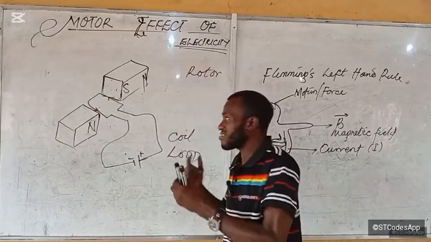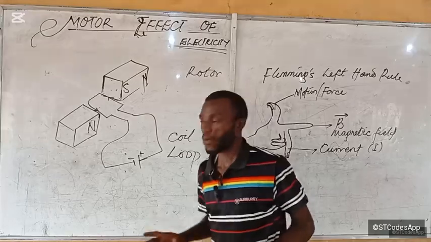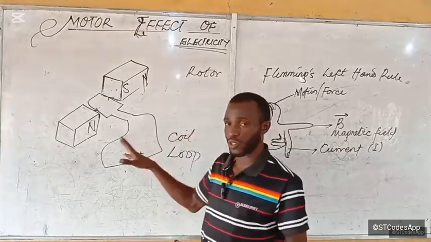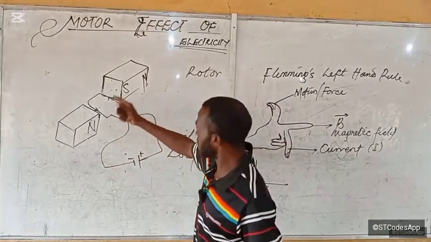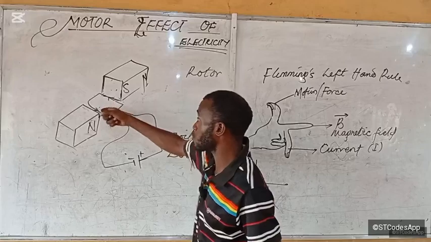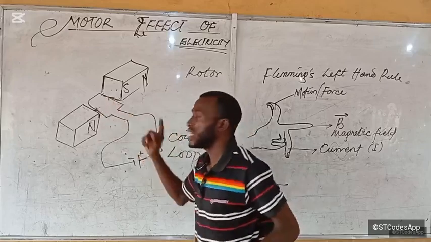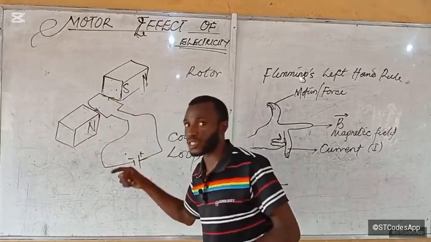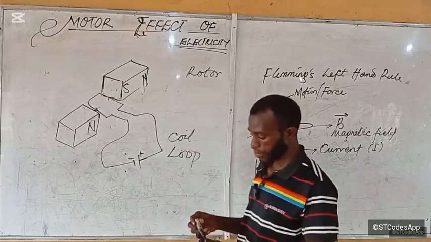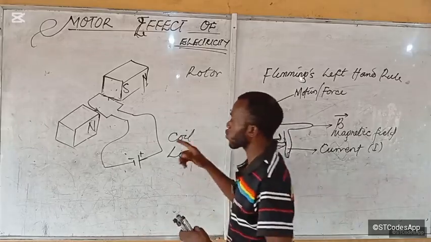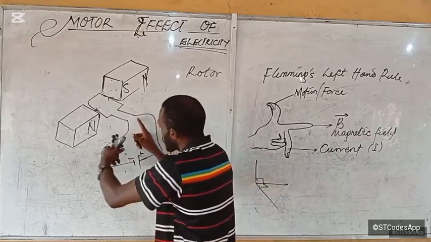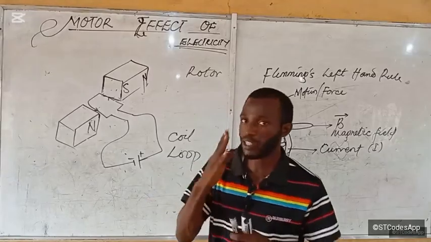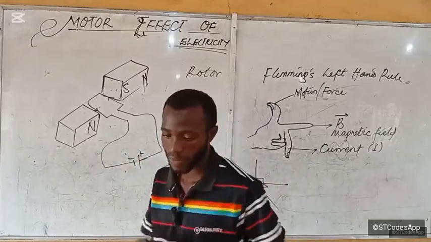But in a rotor, there are several coils of wire, and I'm going to bring that in. But first, let's talk about the advancements that were brought to this. You will notice that if this begins to rotate, if this coil of wire begins to rotate, what will happen? You are going to notice that this wire will tangle up. Is that okay? It's going to tangle up. So what they do is this. Then they recreate the system such that